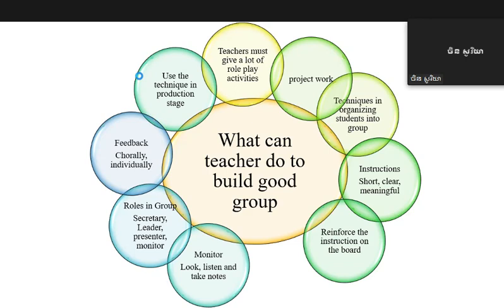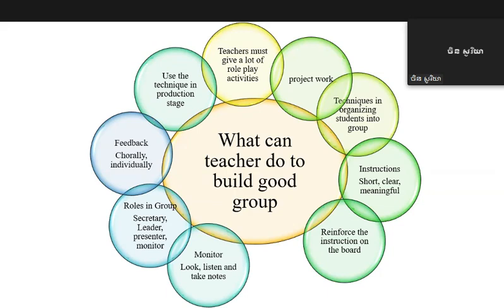Some teachers have different techniques to group students immediately when they want students to go into groups. Like I usually use counting numbers in the class. Okay, 1, 2, 3. So group 1 goes with group 1, 2 with 2. Or sometimes we use another technique, like asking the students who have the same birth month to go together. So this is a technique to group students.